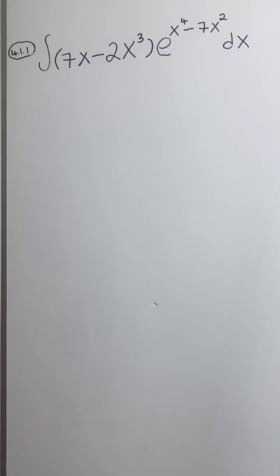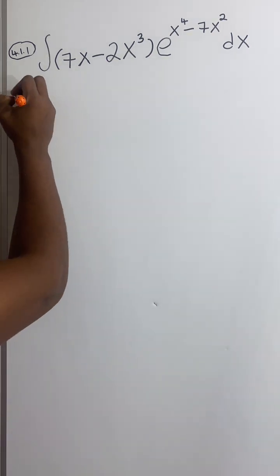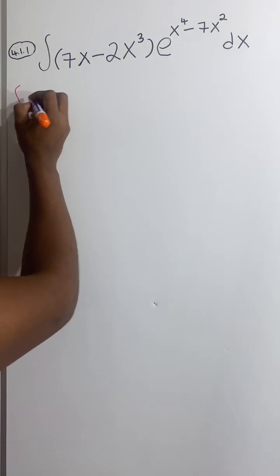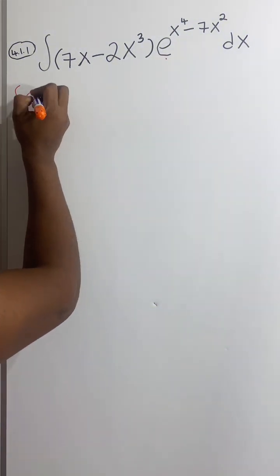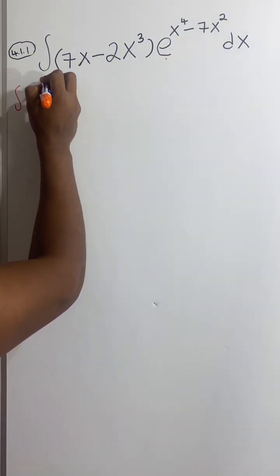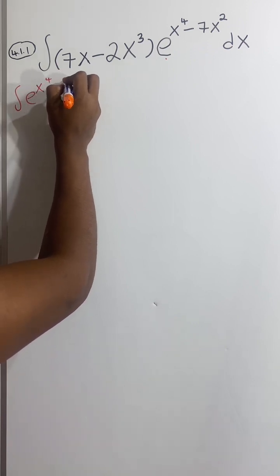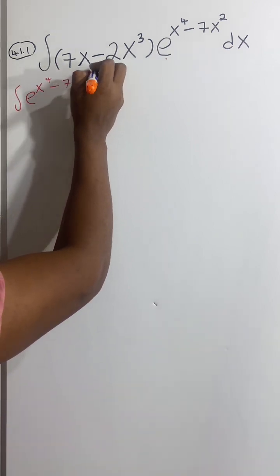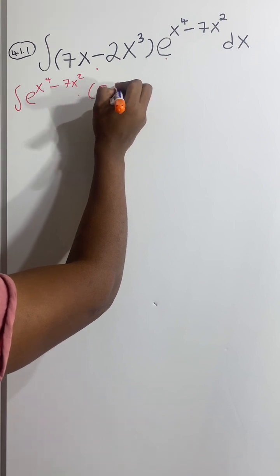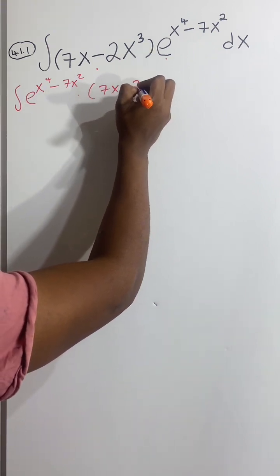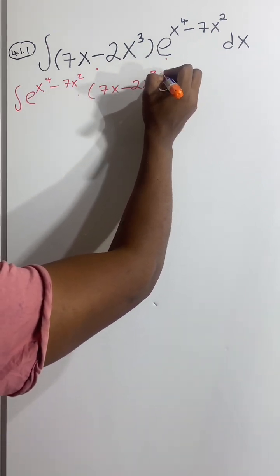4.1.1, we have to evaluate the integral of 7x minus 2x cubed, all multiplied by e to the power x to the power 4 minus 7x squared dx. We choose to write our integral as e to the power x to the power 4 minus 7x squared multiplied by 7x minus 2x cubed